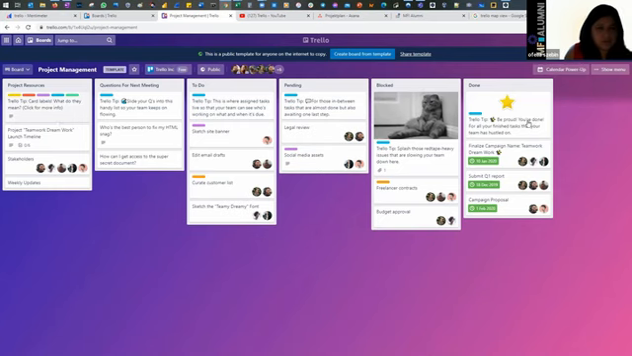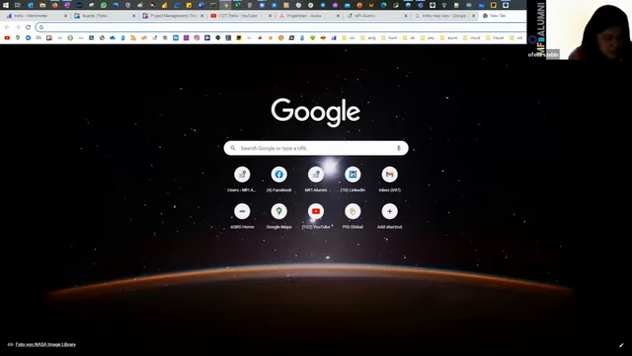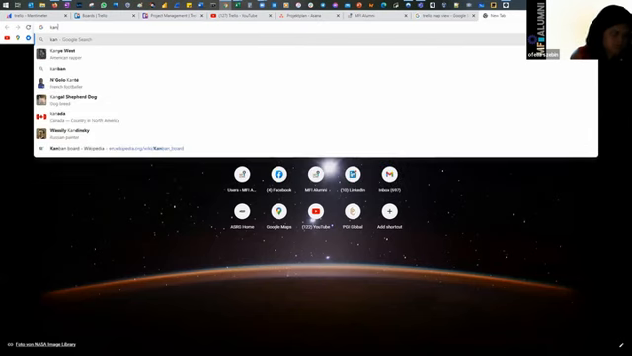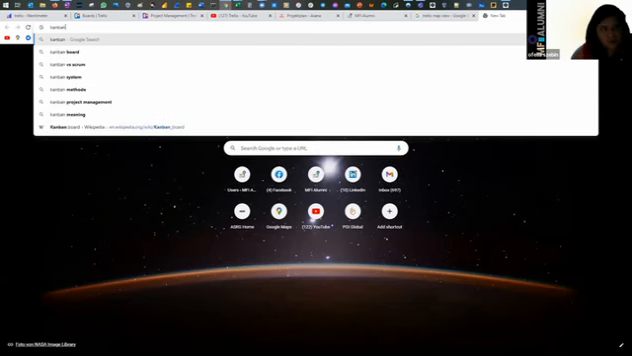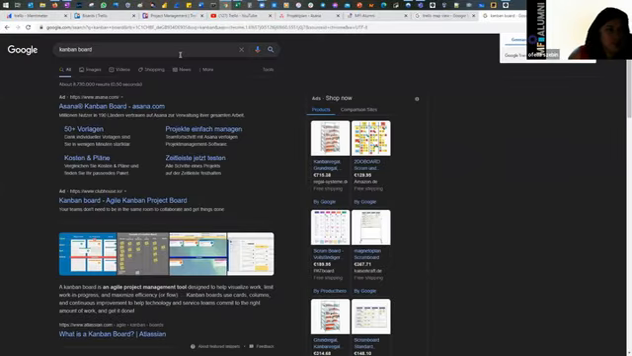So, by the way, itong view na to is what you call Kanban board. If you remember, nung hinanong natin si Google, what is Trello? Sabi niya, it's a Kanban-based project management tool, right? So, what is Kanban board? If you haven't heard it,